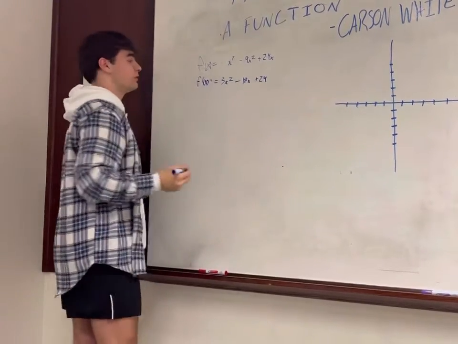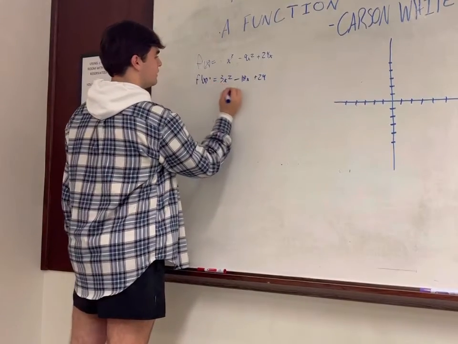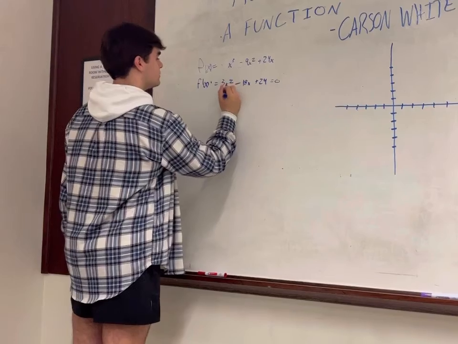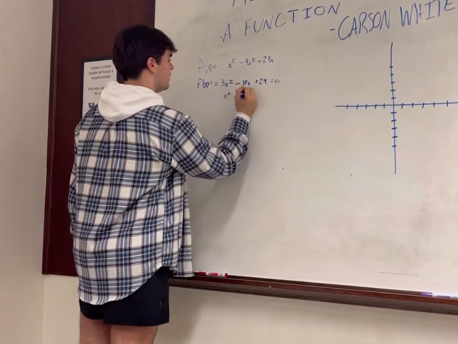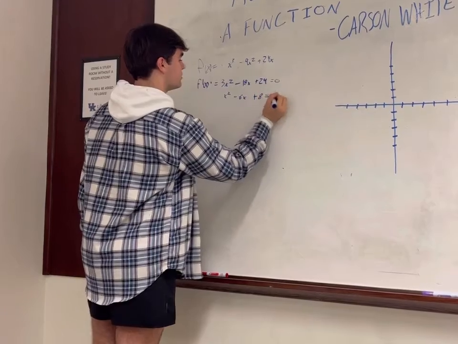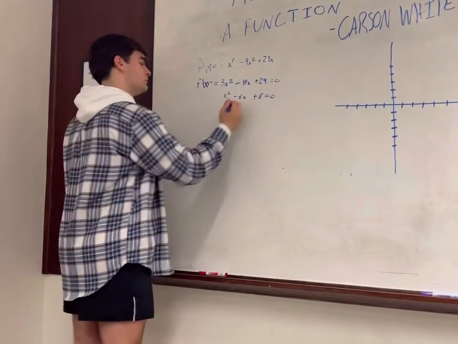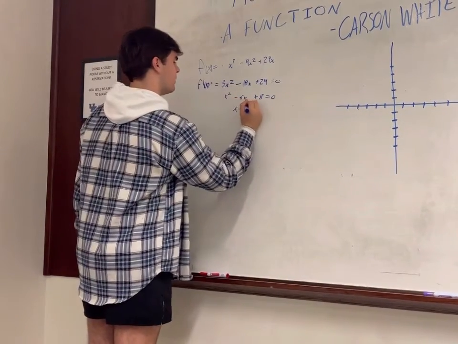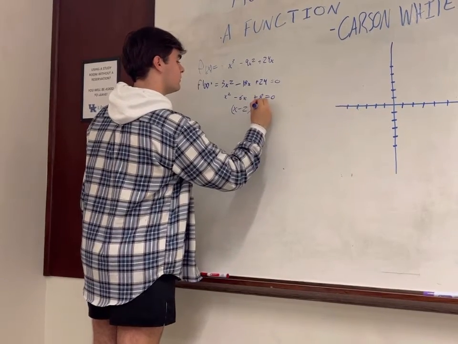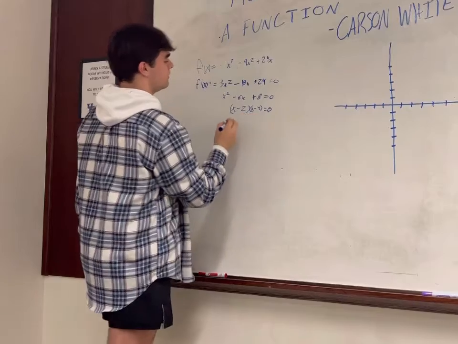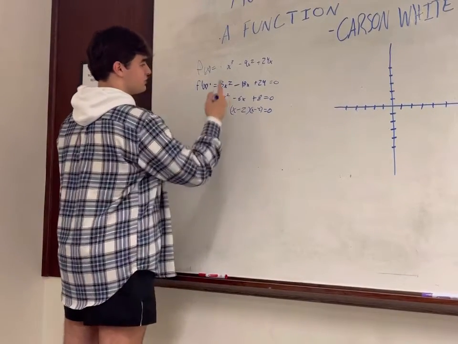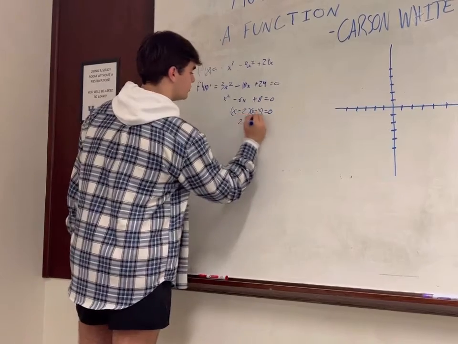Now the next thing we're going to do, we're going to take out a 3 and set this equal to 0 to find critical numbers. So this is going to be x squared minus 6x plus 8 is equal to 0, and this is factorable. So this is going to be x minus 2 times x minus 4 is equal to 0. If we set both of these equal to 0, we find that our critical numbers for this function are 2